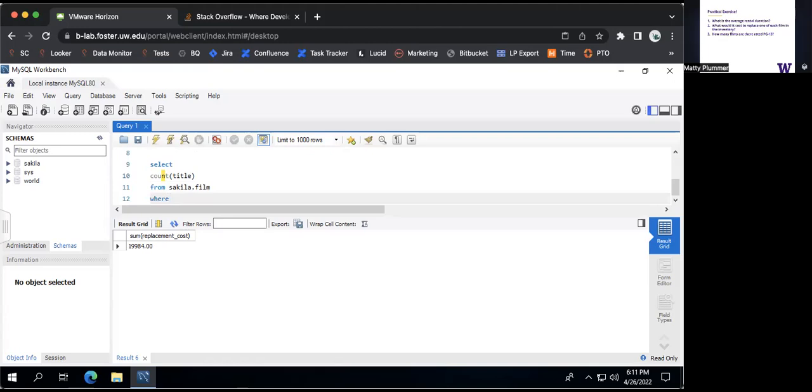And the last one's a little tricky, right? So now we're introducing a where clause in combination with the functions that we're doing. So if you look over to the MySQL screen,